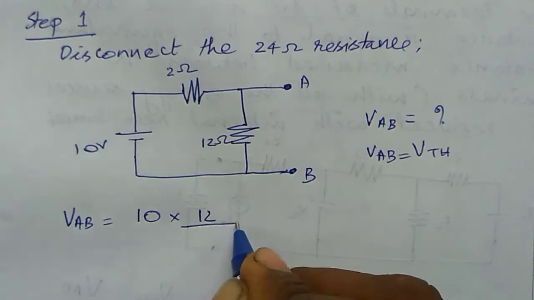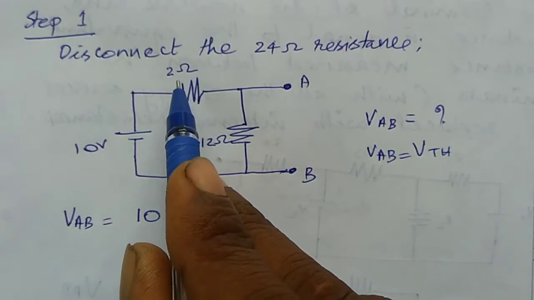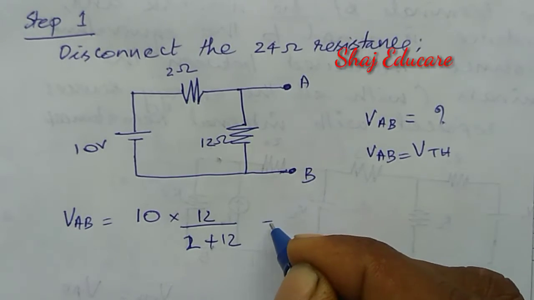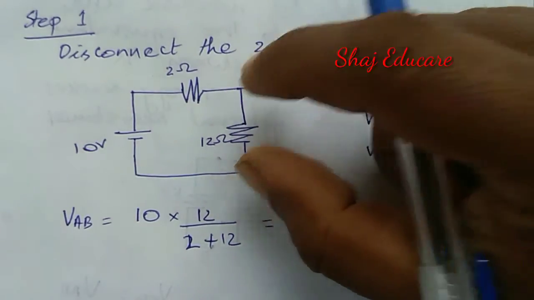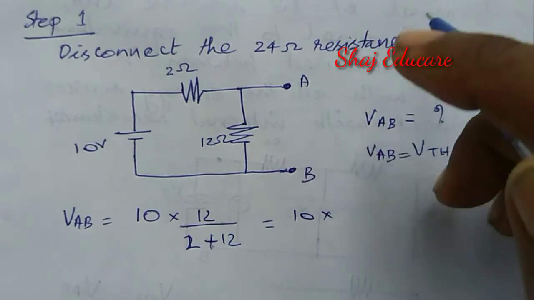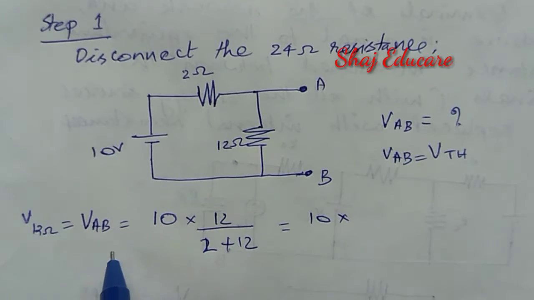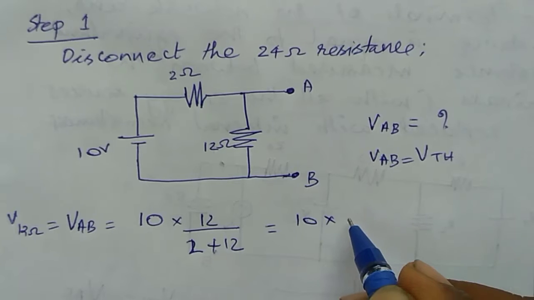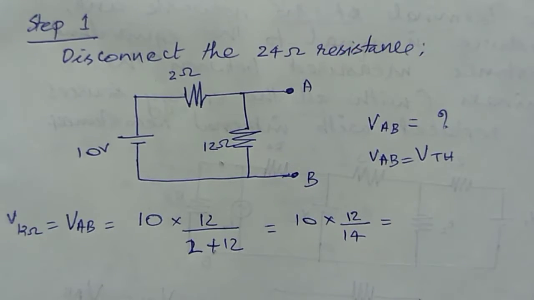So 12 divided by the total resistance in this loop, which is 2 plus 12. That will be the voltage drop across the 12 ohm resistance. V12 ohm will be equal to VAB, and VAB should be equal to VTH. 12 divided by 14, that will be equal to